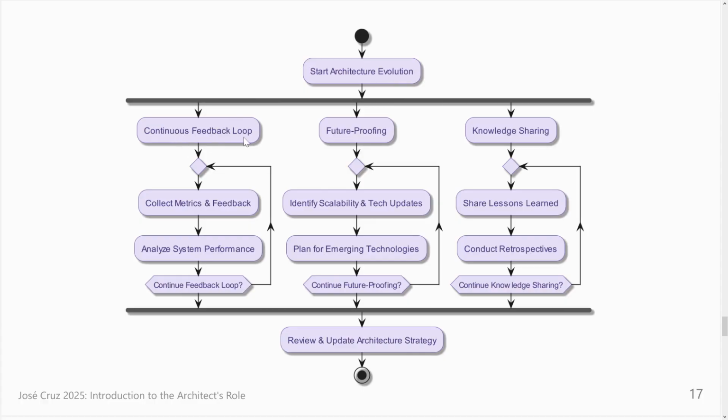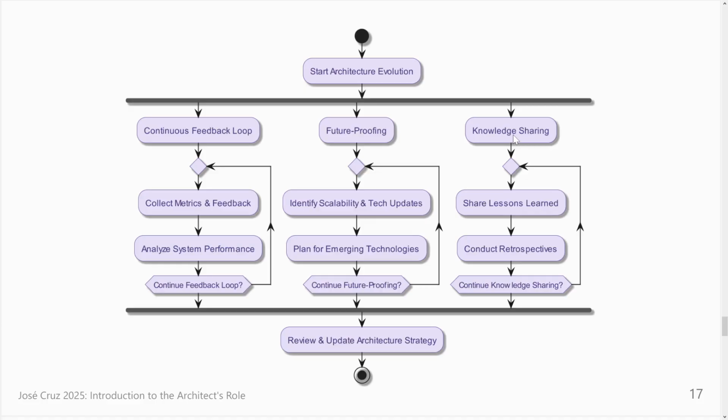So you have a continuous feedback loop here: collect metrics, analyze system performance, something continuous that happens from the monitoring point of view, observability. Of course, you want to check the future by analyzing what you receive here somehow, but you can do it at the same time: identify scalability and technology updates, plan for emerging technologies if they are relevant, not because they are emerging, they are good. Okay, and continue future proofing here, and at the same time you have to share some of the knowledge,